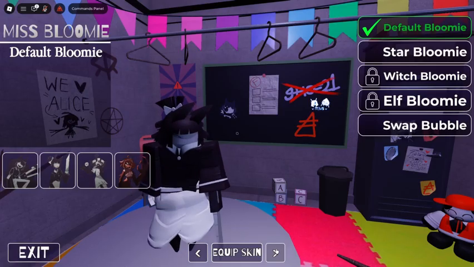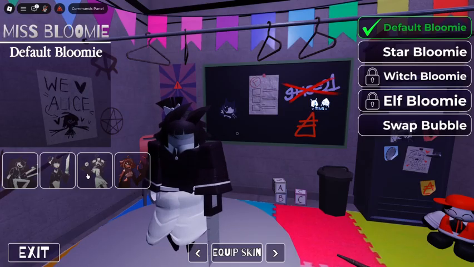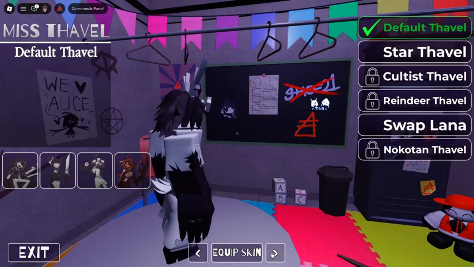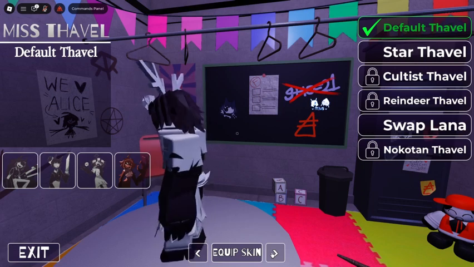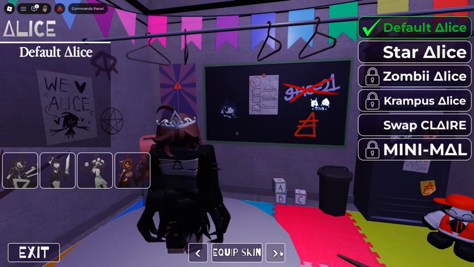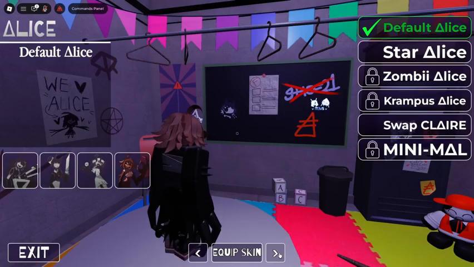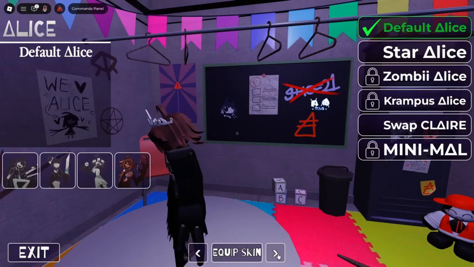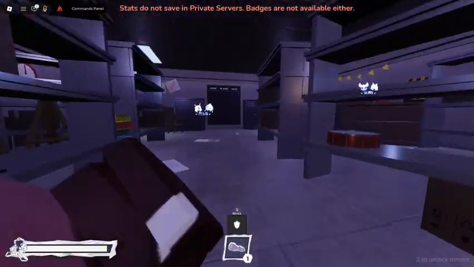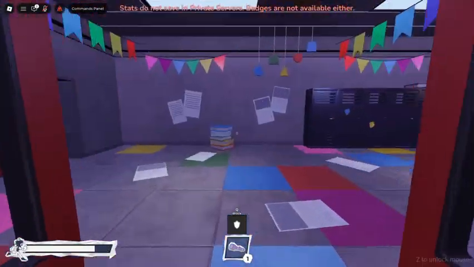The shortest one out of everybody. She is very short. Then we have Miss Thavel. This is Miss Thavel. And then this is Alice right here. The demon we talked about. So yeah, those are the skins, and we'll actually be checking out the characters in a little bit.